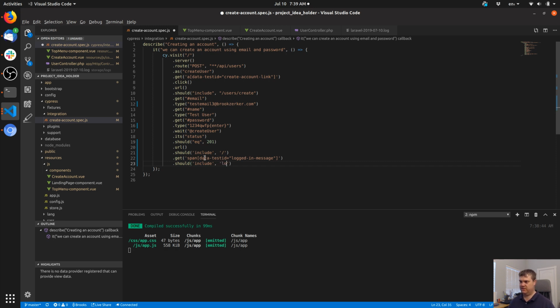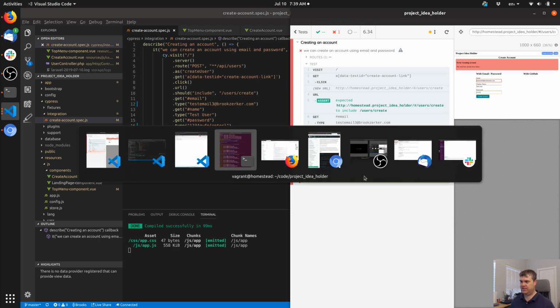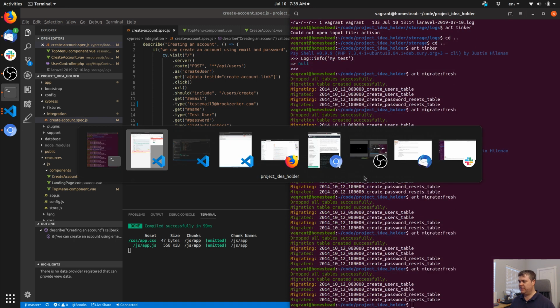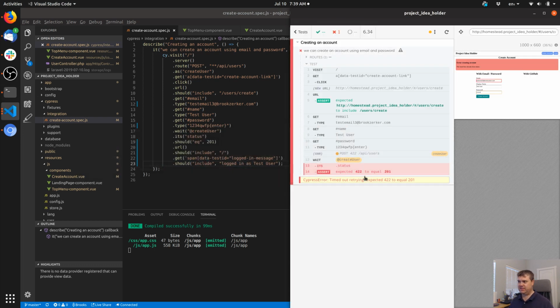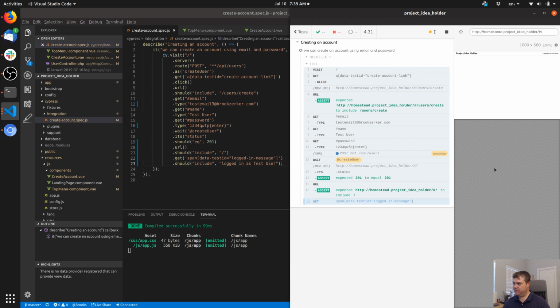And logged in as test user. And back to you, and we'll see. Of course, got a 422 because the database needs to be reset. Now we're doing this right now because I don't necessarily have the scripts yet to reset this. And for these interactive tests, I'm not really thinking about doing anything crazy like that. So let's try this again. But after this, it might be good to set up the